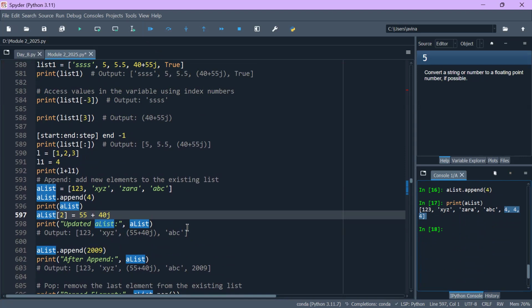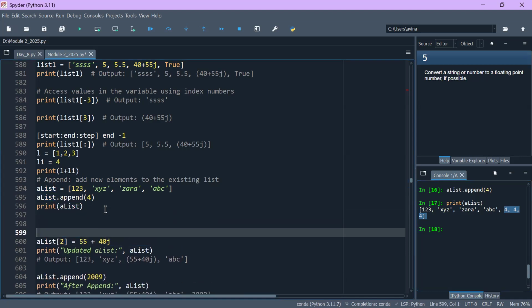Okay. And there is also one function which is similar to append, that is extend, right? So we will discuss that as well. So what does the extend function do? list.extend. And I've also told you guys that if you want to see the documentation of any function here,